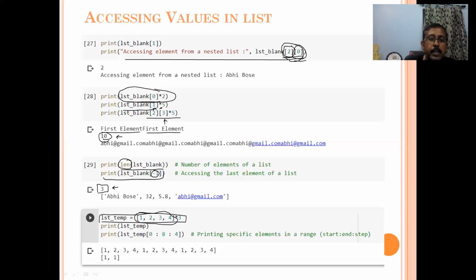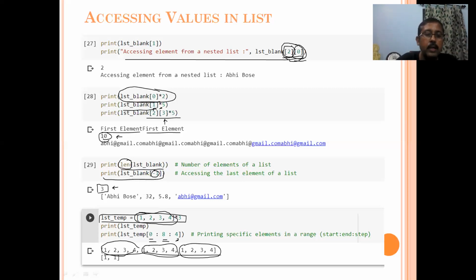If you repeat that, you will get a larger list which has the values 1, 2, 3, 4 repeated thrice. And then, as I told you, you can get specific elements of the list by using the start index, the end index, and the step size, how many steps you want.